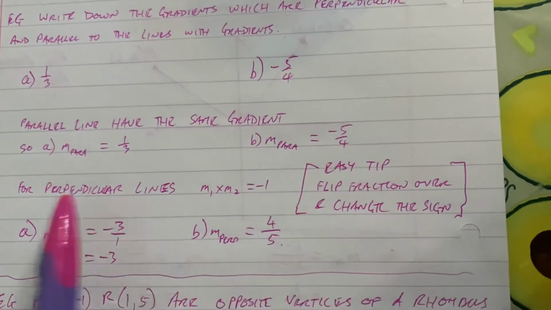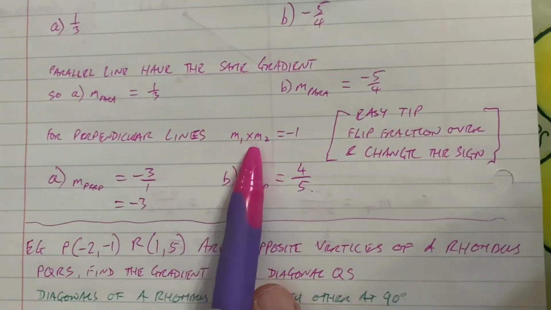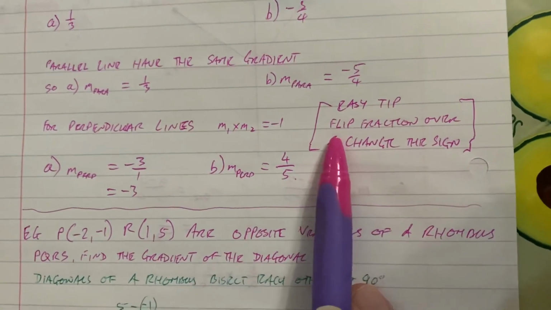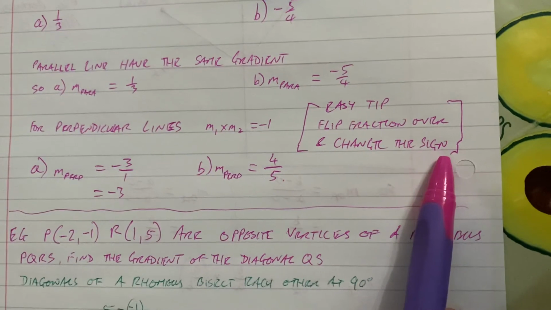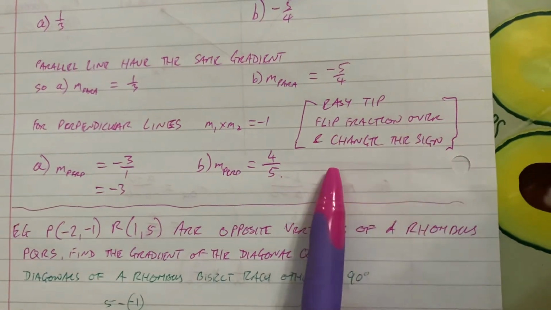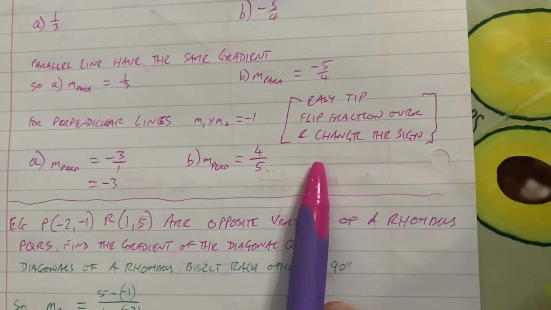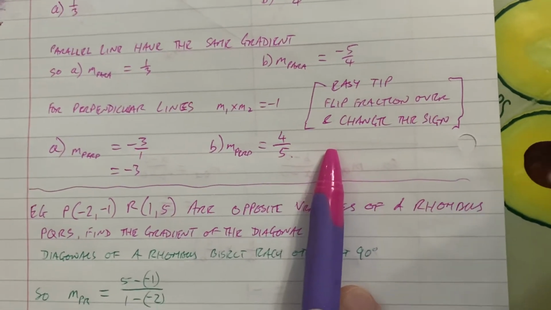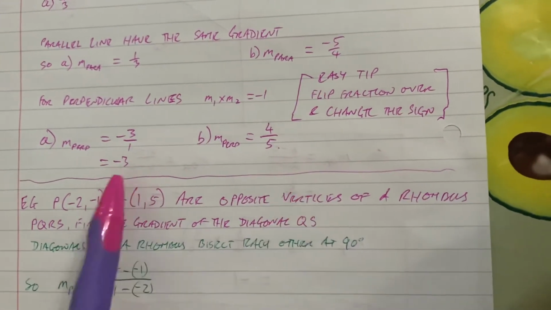They haven't changed. For perpendicular lines, M1 times M2 equals negative 1. The easy tip, basically flip the fraction and change the sign. That's why you'll notice 99.9% of the time when I'm doing gradients and other things, I leave it as a fraction because of this. Because you can literally just take